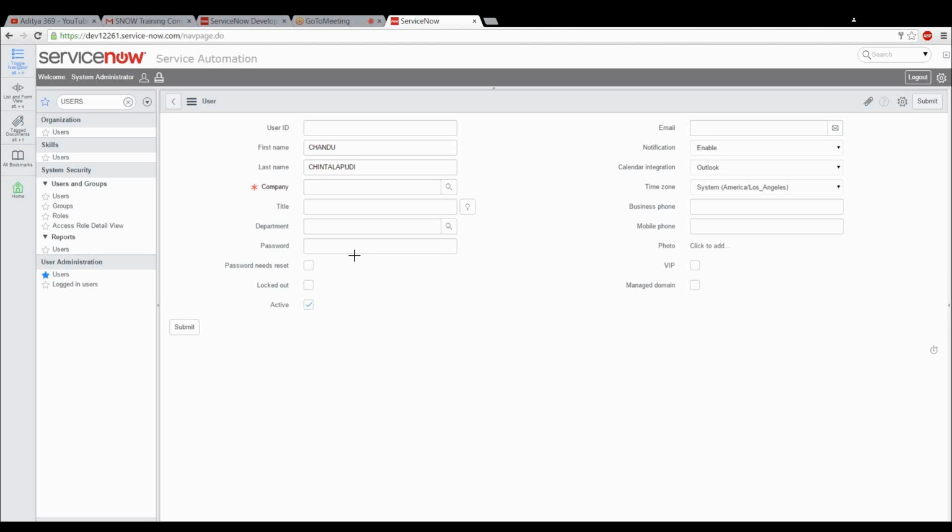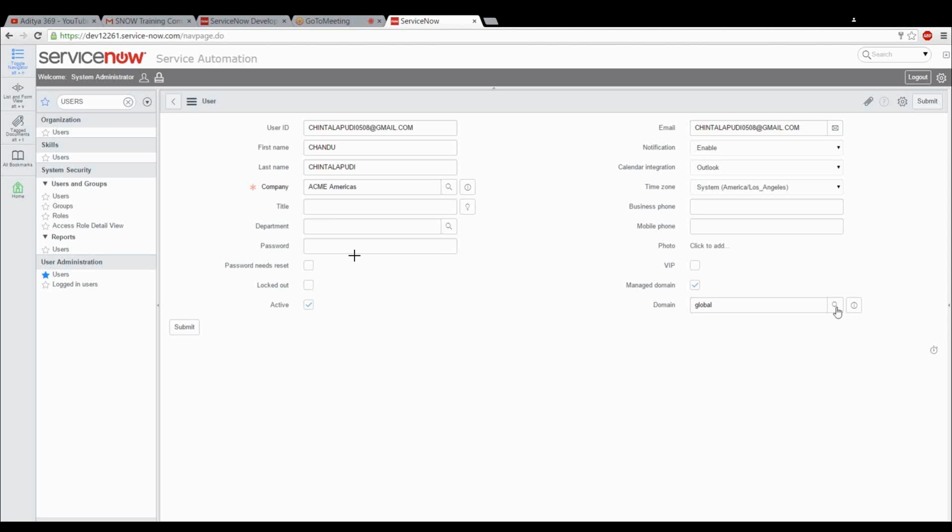Select company. And user ID and email ID. User ID is nothing but an email ID, so give both the same. And click on manage domain. Global? No, we will give him GSS US. Select GSS US. Click on the lookup again. You will get the list.